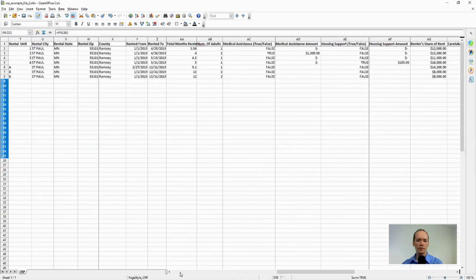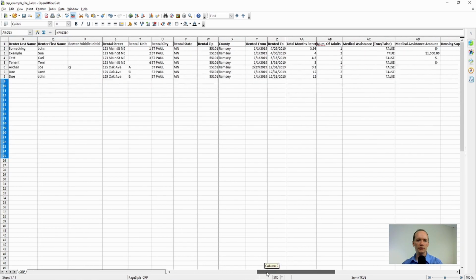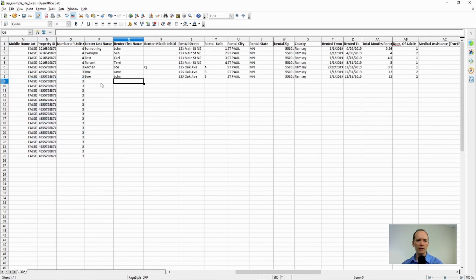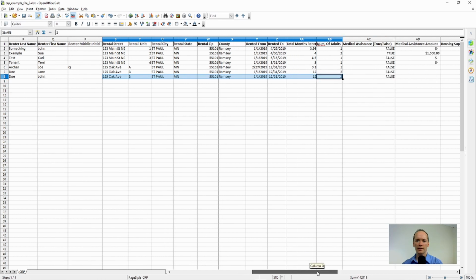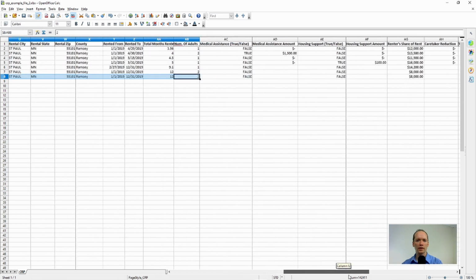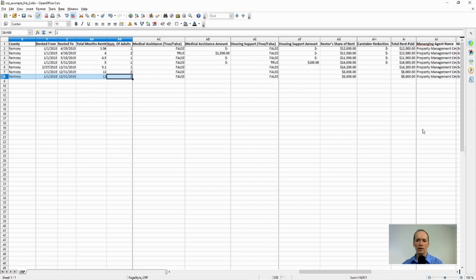Now, of course, you do need to enter separately the tenant's name. Each adult needs their own form, so you've got to enter the tenant name individually. Once you get over to the rental address, if you've got multiple adults in the same address, you can go ahead and copy all of these rows. If they're in the same number of months as well, you can copy all that. And then also, if you've already decided how much rent they each will